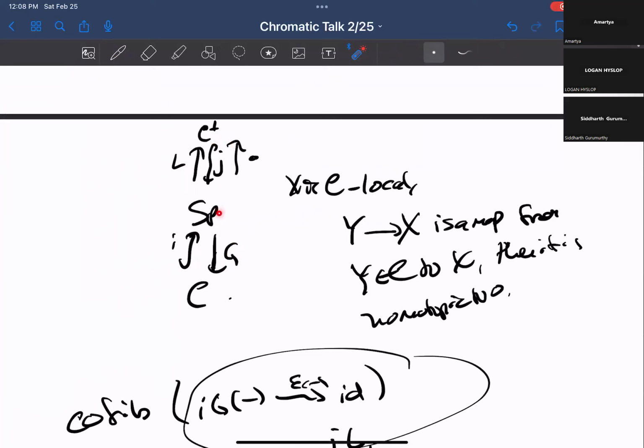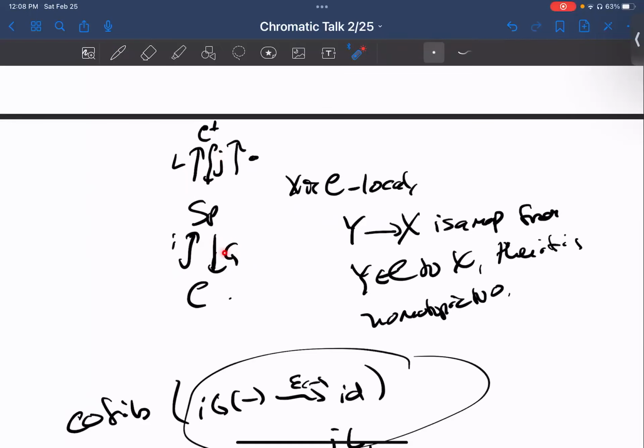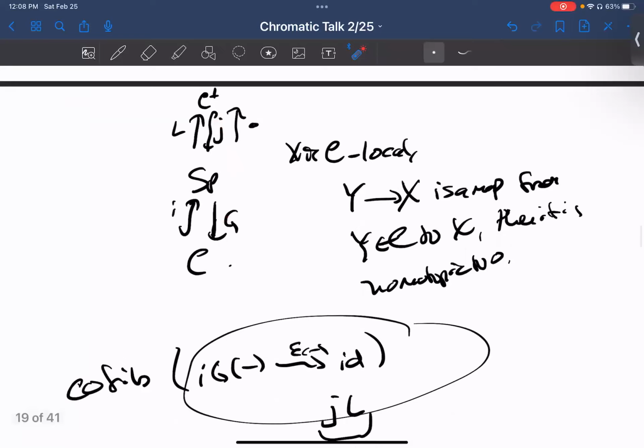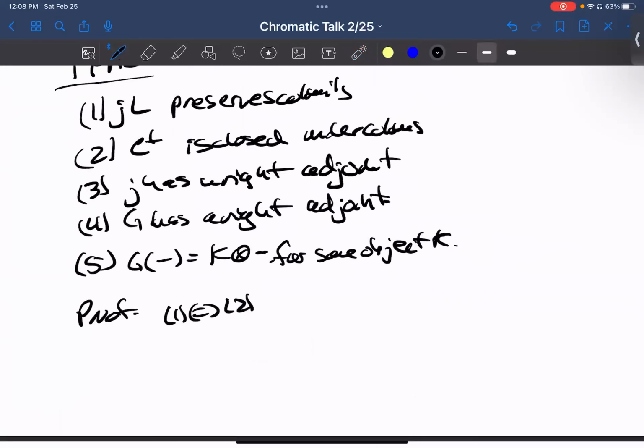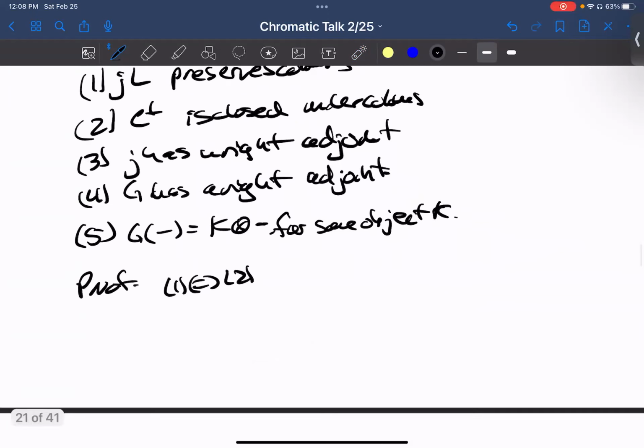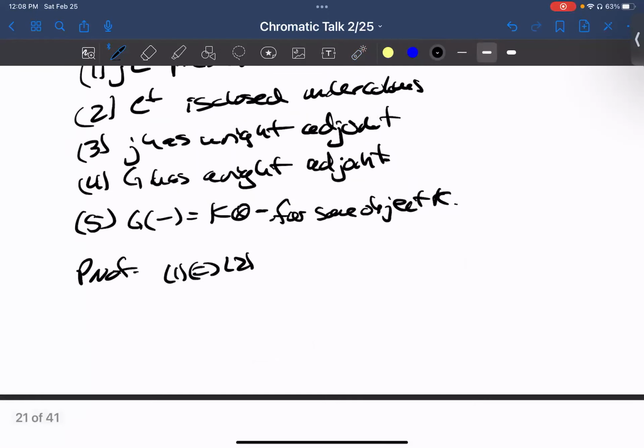So if you look at this part of the story repeated with respect to flipping the story, then whatever functor you get down here, the left adjoint, has to have kernel J, and G is going to be universal with that property, so it's going to have to be G. So you're going to get a right adjoint to G, therefore G is going to preserve colimits. And equivalently, if you get a right adjoint to G, then you get the same adjoint above. So this shows one if and only if two, if and only if three, if and only if four. And then G preserves colimits